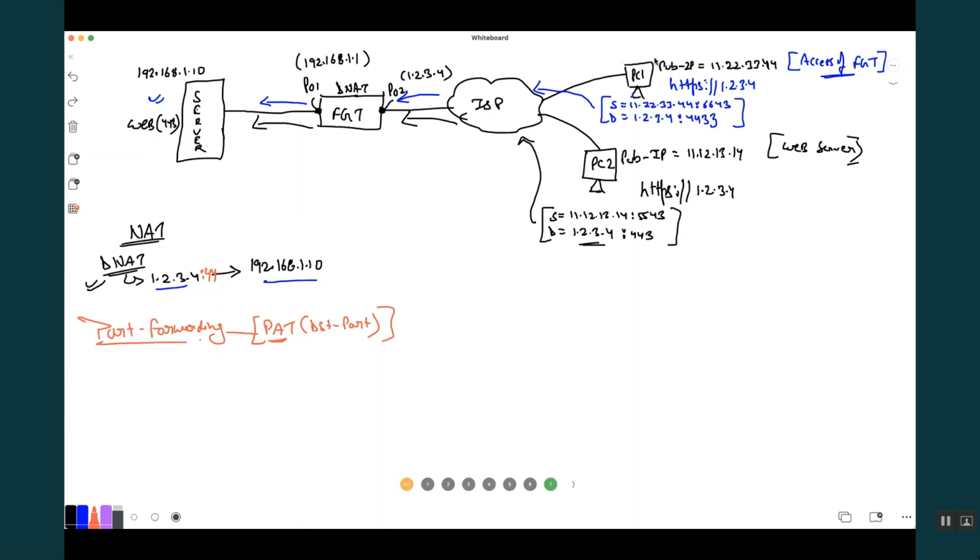Or instead of that, what mostly people do is, I will not delete all the things, let it be. Instead of changing this, you will configure that this web server is accessible on 4433. That is what mostly people do. Why? Because they try to hide not only the IP, but also the actual service port on which the server is working.